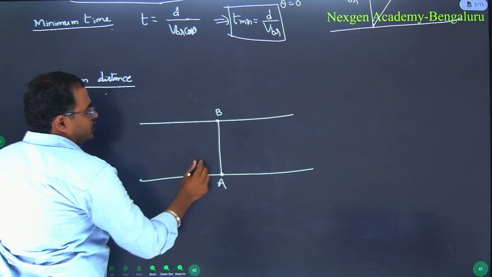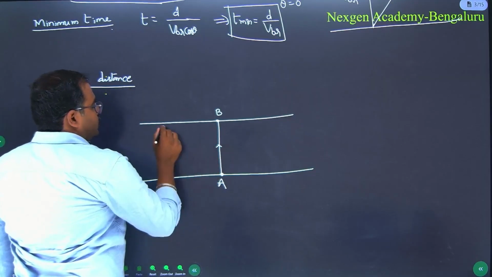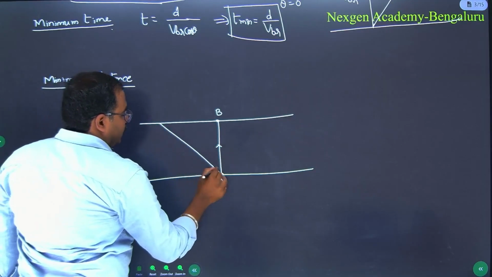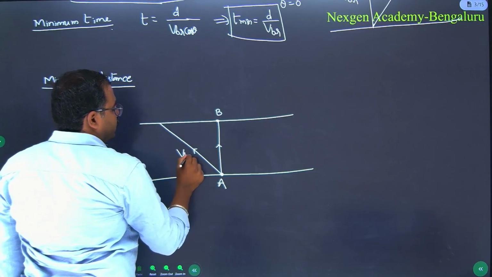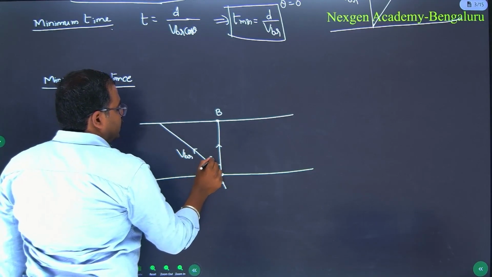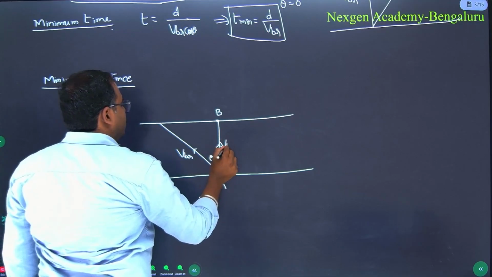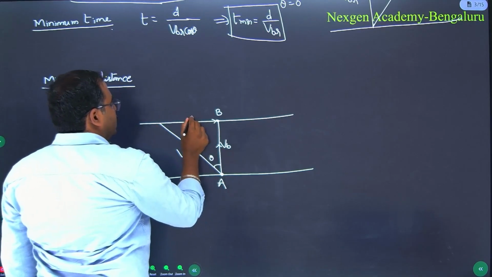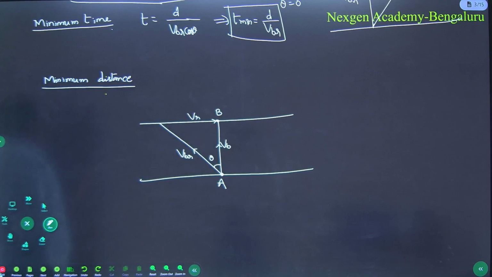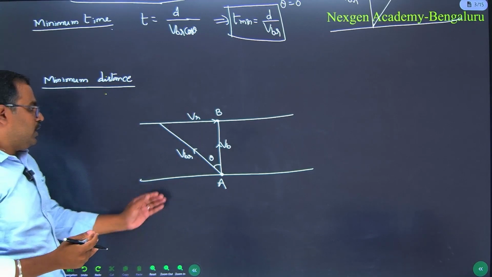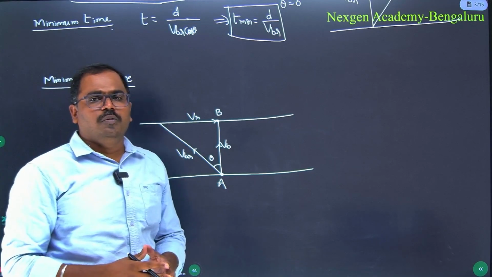So to reach this position, this boat has to start with some angle with the vertical. This is velocity of the boat with respect to river, and here it is theta. This one is velocity of the boat with respect to ground. It is velocity of the river. So in this context, they'll ask the angle with which the boat has to start to reach the opposite bank